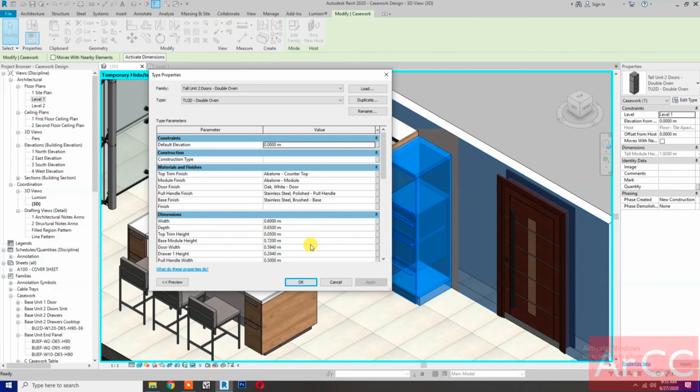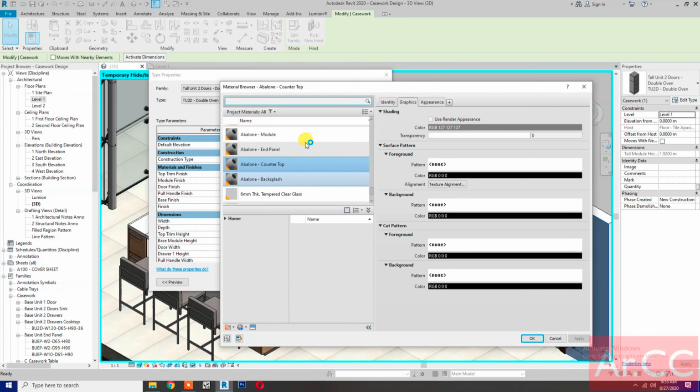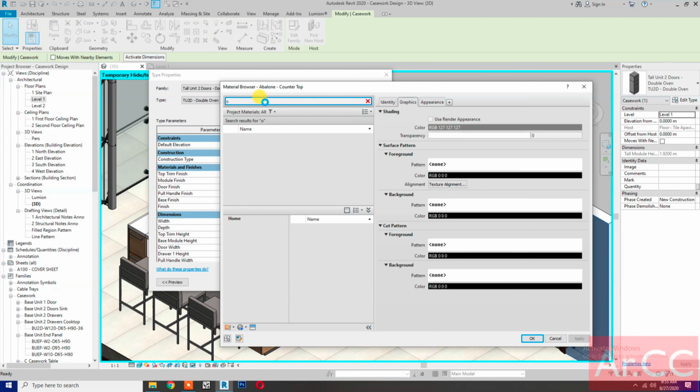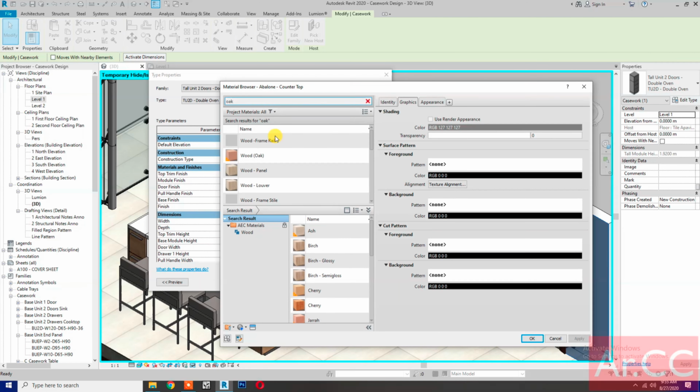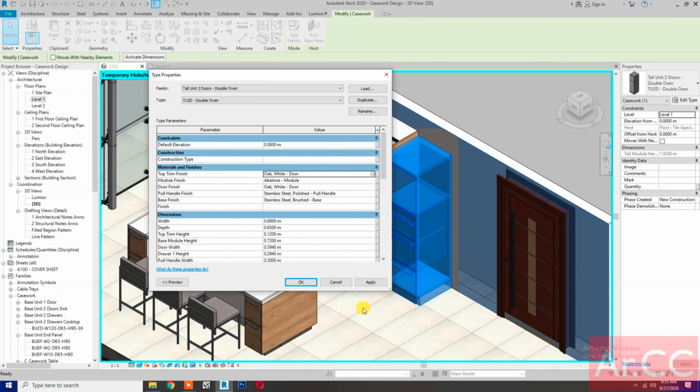change the top trim height to 0.12 meters, then the top trim finish. Let's select the oak white door. Okay, apply. Okay,